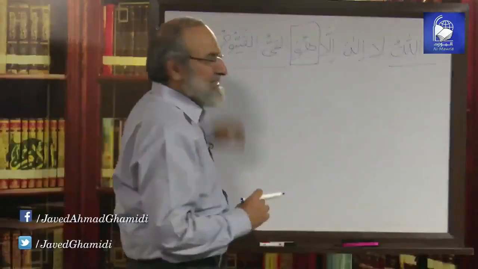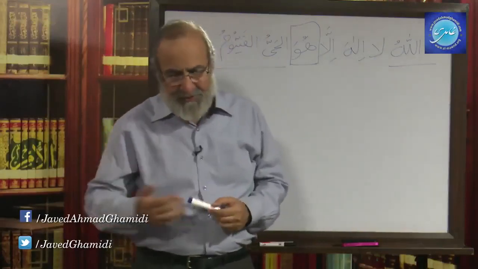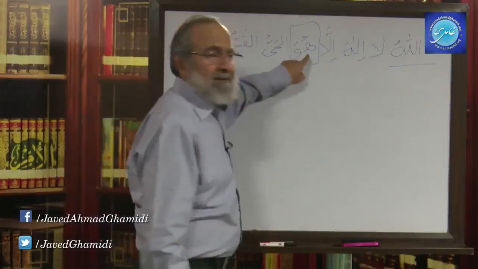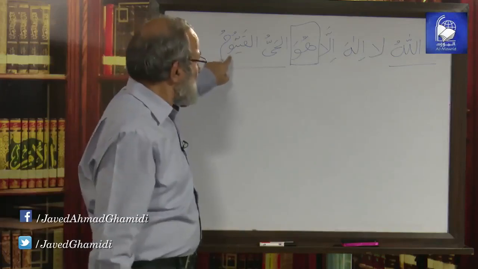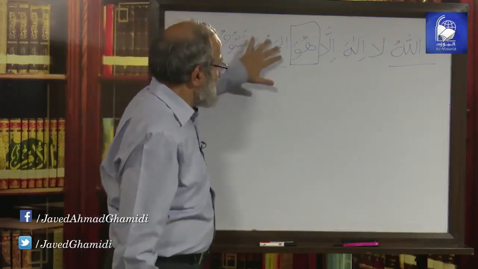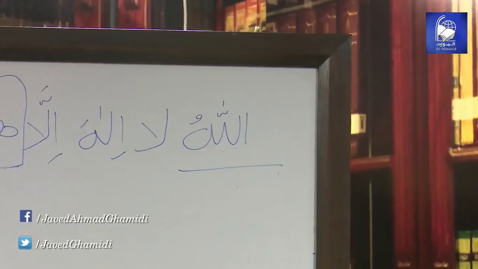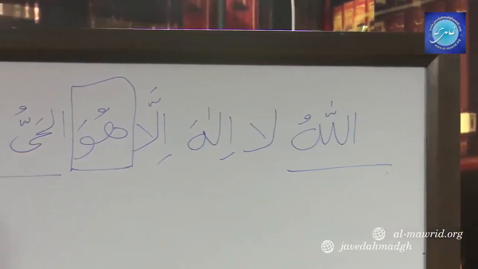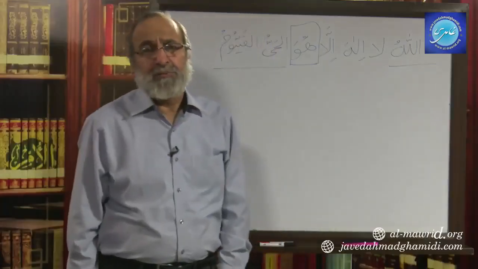This obviously is the khabar. It's the information about huwa, and it is the enunciative. That is, he, Allah, he is the one who is living, he is the one who is al-qayyum, the sustaining. And this is the khabar. Obviously, you need to have this question in mind, and I'm not going to answer it right now. Why is it that despite it being khabar, it is taking alif lam? It's not a common noun, it's a proper noun.